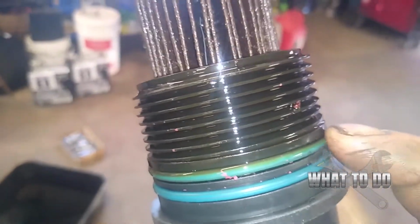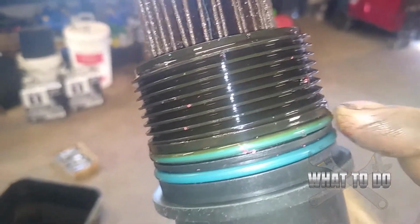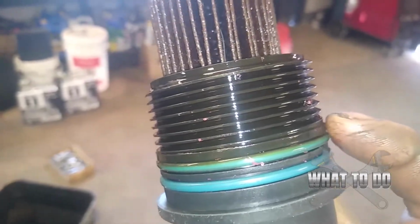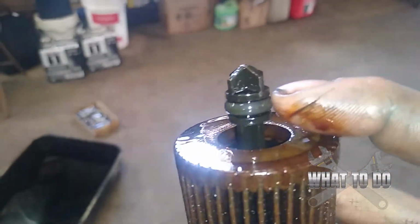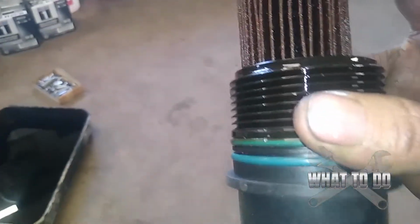Your kit should come with 2 new O-rings, and you can get a razor blade and cut these off, or get yourself a little pick and pry these off, but be careful you don't damage this housing at all when you're prying in there. And then you're going to have another one up here. Alright, you see that one there? Your kit should come with that one as well. If these aren't bad, you don't have to change them, but